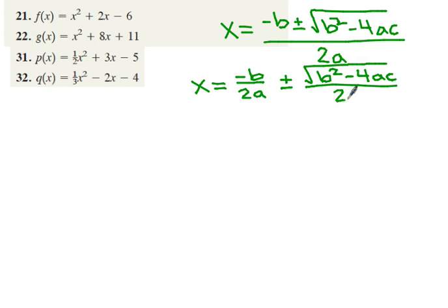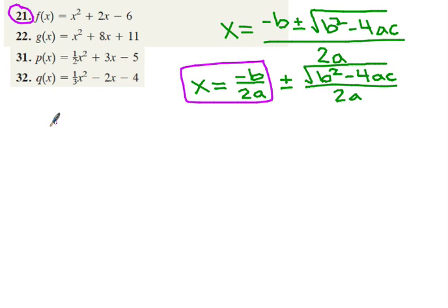all over 2a. And now in this case, we start to see what we saw in that last group, where there's something here, plus or minus stuff. So this is going to become that axis of symmetry. Now I can think about this part of the equation as my vertical line of symmetry, that axis of symmetry. So if we apply this to number 21,